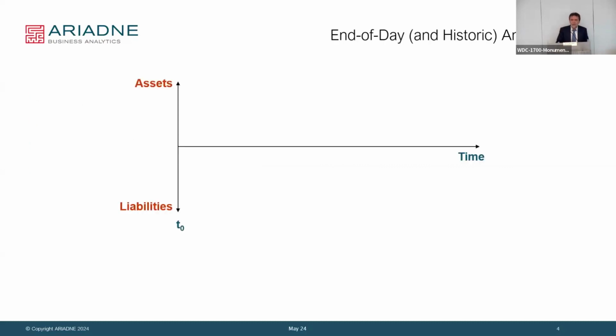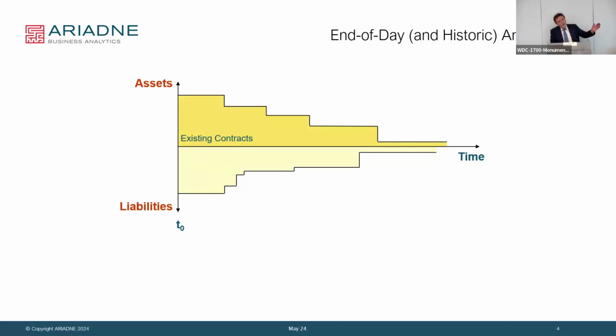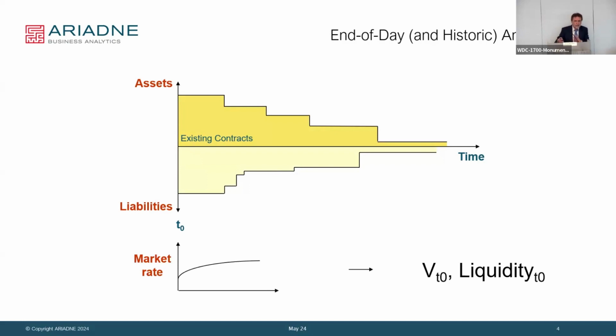So let me show you some detail here. Let's assume we are here at T0 today, and we have assets and liabilities. We also have off-balance sheet, but you can imagine them inside the assets and the liabilities. So what happens is these contracts will run off over time, as Alan also explained. And we take an observed market. So let's take the yield curve of today, and that's all we need here. From this, we can then derive value at T0, a balance sheet of all the positions, and we see the liquidity flows here. And that is called the liquidation view.